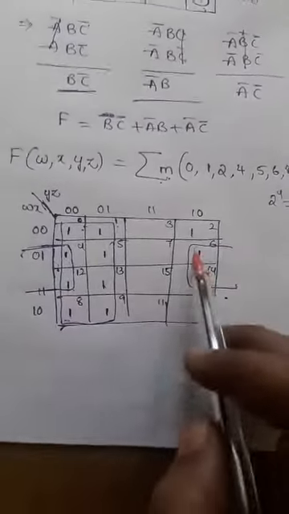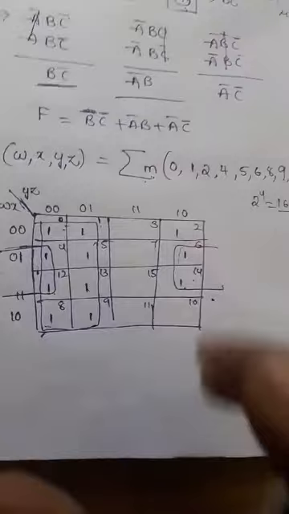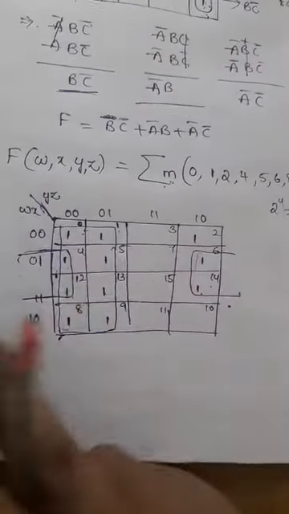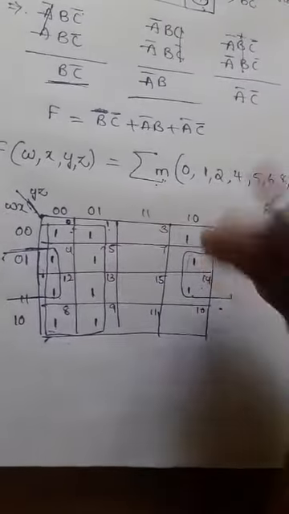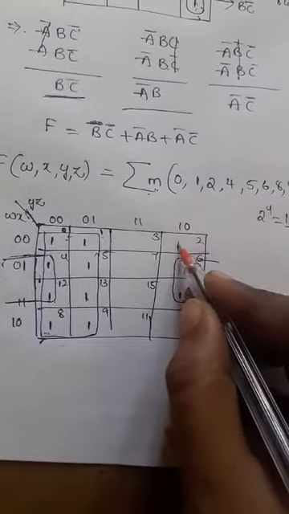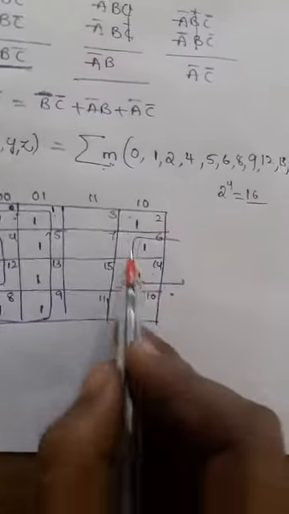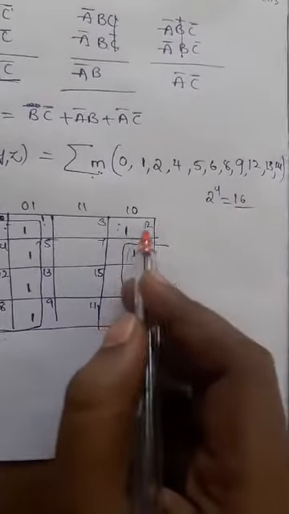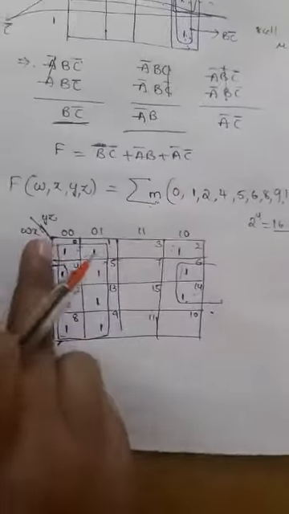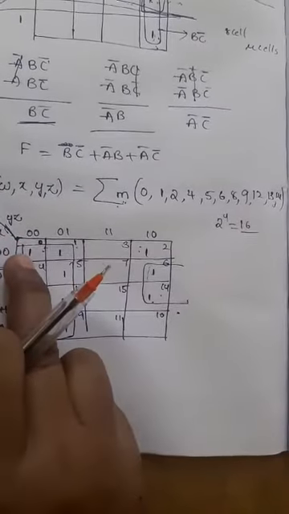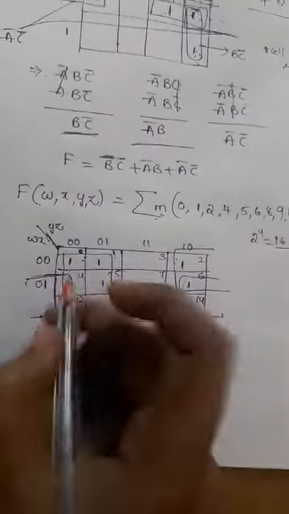Okay, so the opposite cells will be grouped, that is nothing but here the opposite cells having the minterms, directly you can take the opposite pair, that is nothing but one quad is possible. That means four cells we are combining. Next we'll go for this possibility, that is cell number two having the one, that means one minterm is possible, but the cell beside it is one now, so directly you can pair it, that means you can group like this. In the same way the opposite cell of two, that is 0, also has the one, right? So directly I am taking one more quad here, like this, opposite.